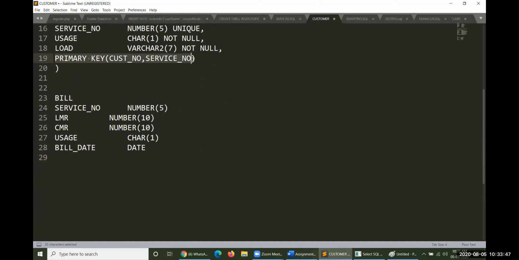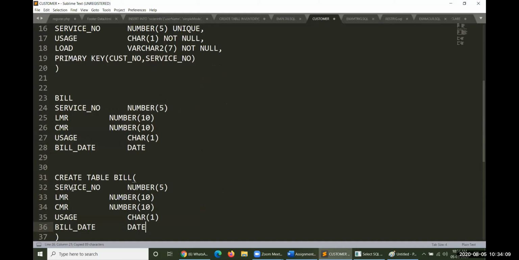After creation of all columns, if you define any constraint, that constraint is called a table level constraint. Similarly, here also one more table level constraint is there. Let me explain you. Okay, create table bill. Then this bill will take this many number of things here.